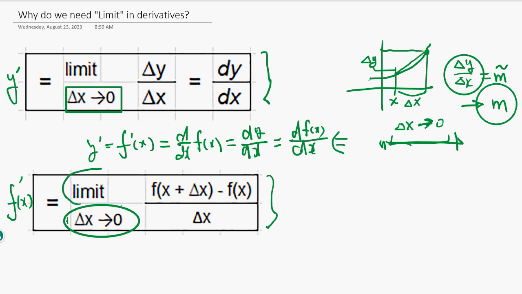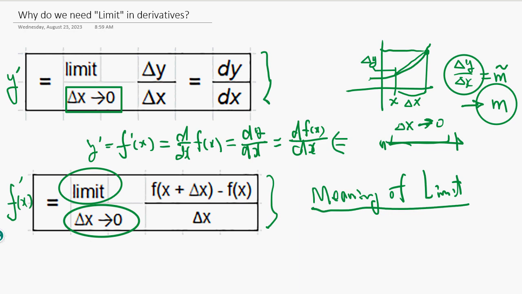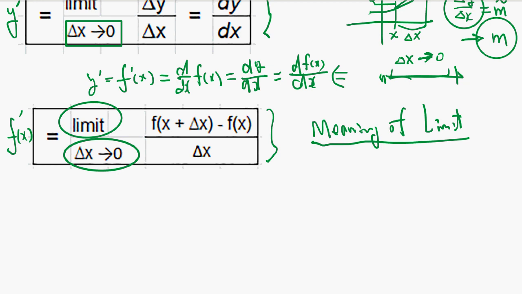So what is this limit? What the hell is this limit? Why do you need a limit here? What's the meaning of limit? You can flip around the math textbook and find out what it is. Okay, they don't tell you what it is. They just say, pretend you learned it and you know now. You need to write the limit, and delta x goes to 0 below the limit. Well, I'll tell you the secret